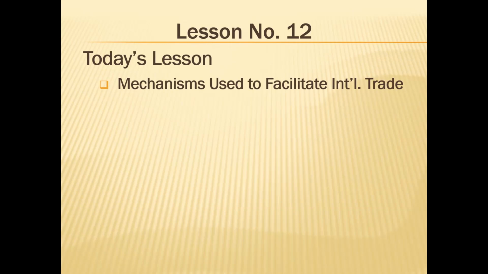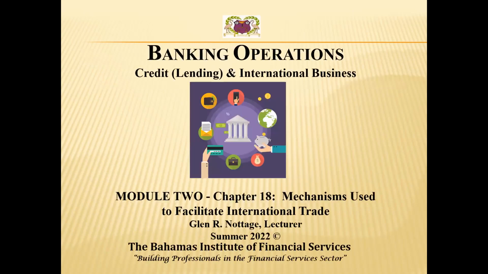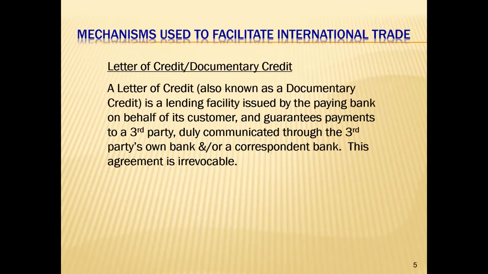We were looking at customs bond and some of those other business products that are used, the check writing facilities, customs check writing facilities, etc. So the first one is the letter of credit,